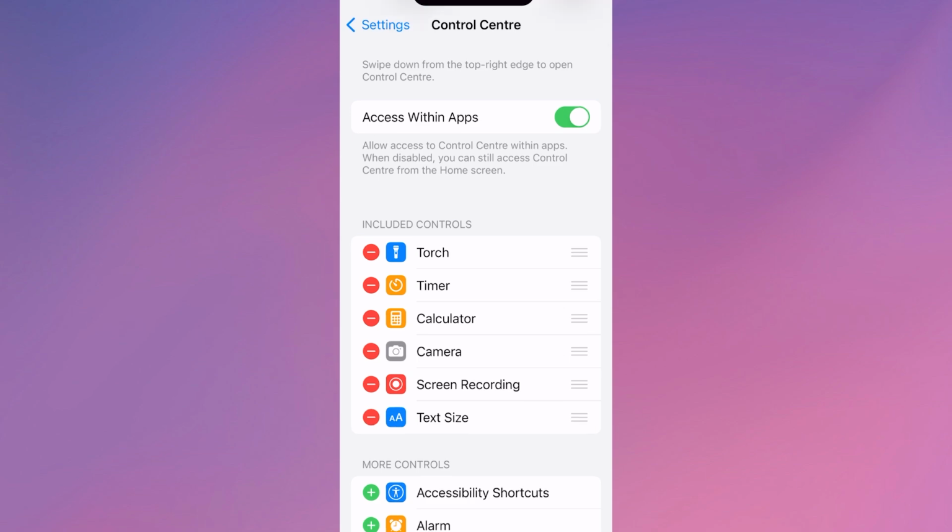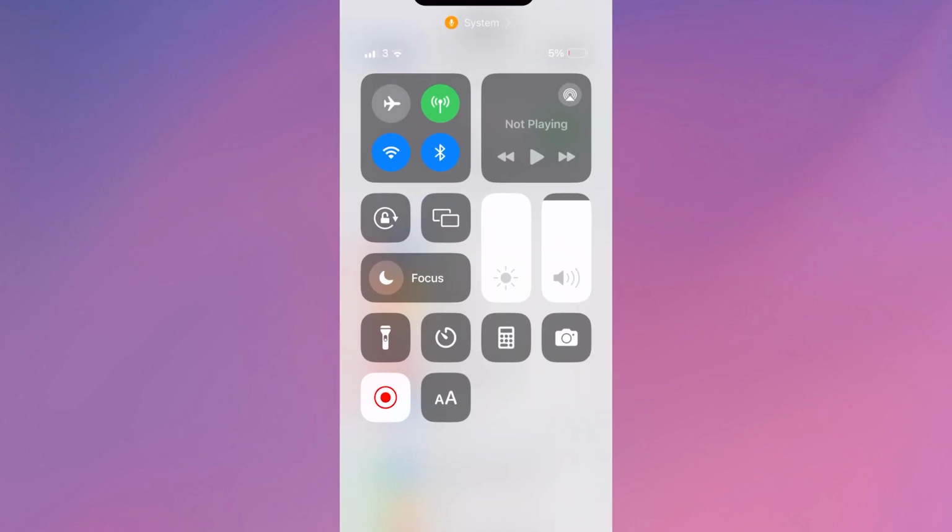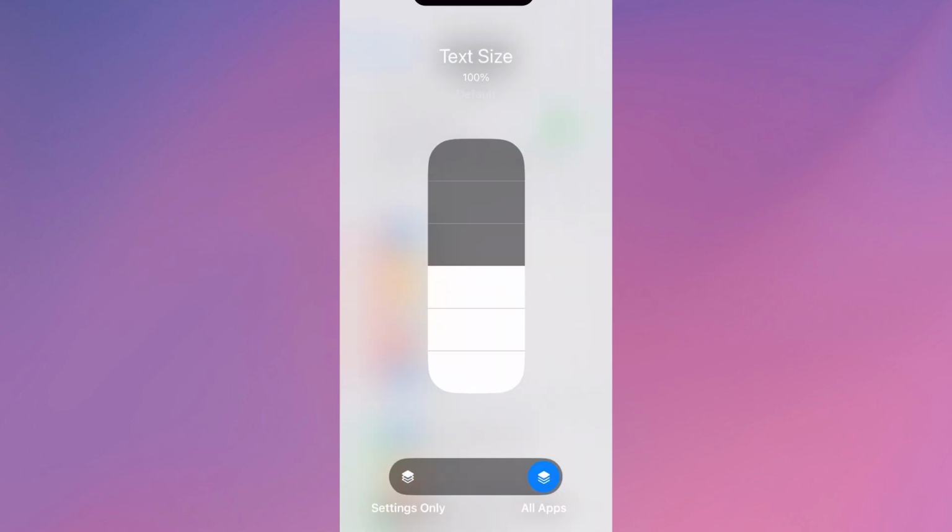So now when we head over to our Control Center, which you can do just by dragging down your finger on your iPhone, you'll see now right at the bottom we have this option to change the text size. So if I go ahead and select that, you can see that I can either increase or decrease the font